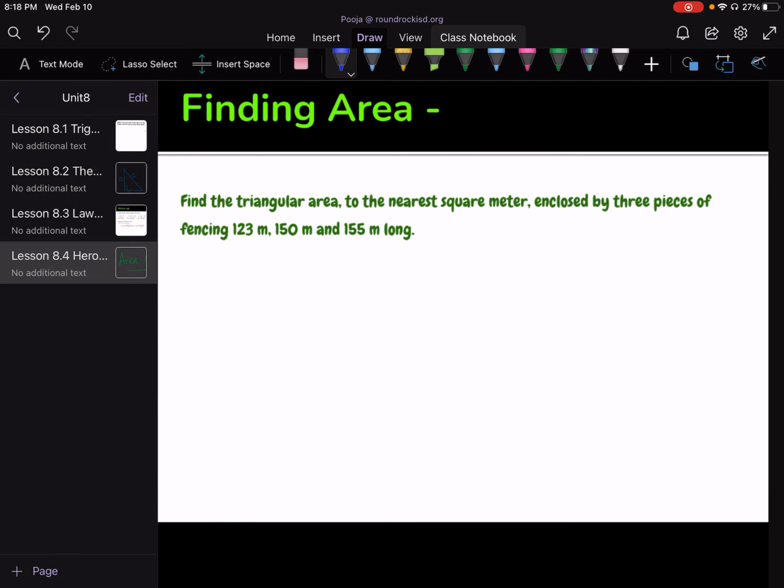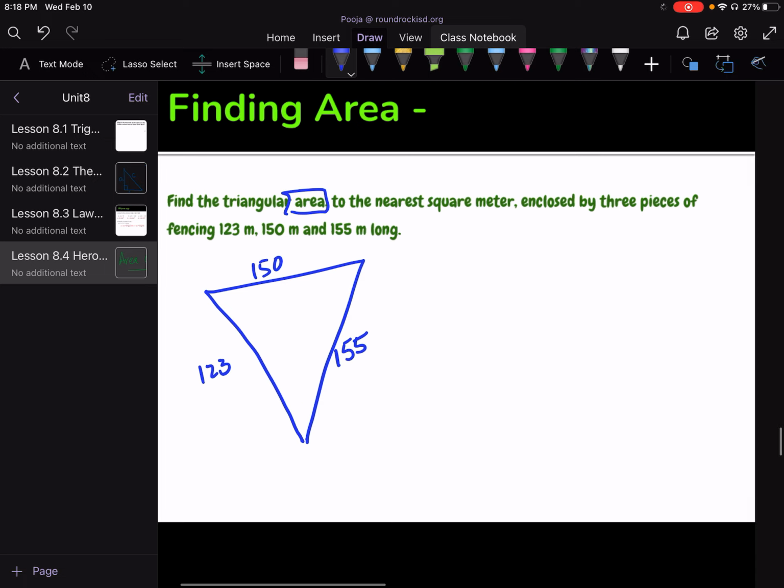Here's another one. Find the triangular area. So area question. This is not a solve the triangle question. It's enclosed by 3 pieces of fencing. So it looks like we have fence here: 123, 150, and 155. You can quickly identify this is the SSS type. Let's use what Mr. Heron gave us. S will equal half times 123 plus 150 plus 155. And we will divide that